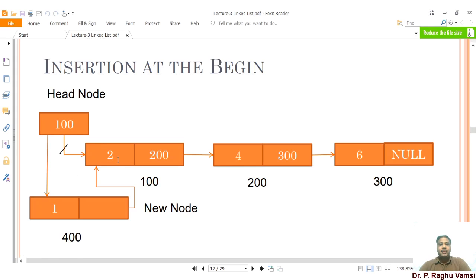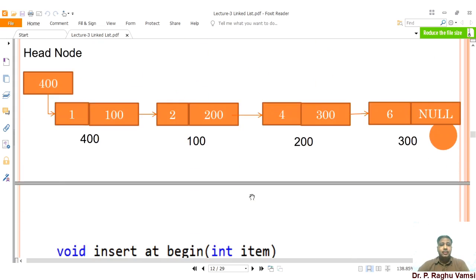Again I am repeating: if there is an already existing chain, create a temporary node. The temporary node's next will point to the already existing list, and whatever temporary node you have created, make it the head node. Obviously this will become the head node, and the head node's next is the remaining sequence of nodes. So this is the way you can insert a node at the beginning.